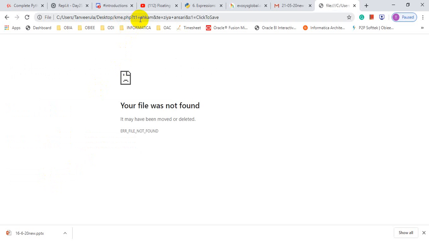See, in the first text box, t1, now you will get Hakam. Initially it was only the ampersand symbol, meaning nothing. Why? Because the hint, or the value of the placeholder, will not be transferred. It will assist you about which type of data you have to enter in that particular text box, but it is not itself a value, it's a hint only. If you don't write any value in that text box, the value will be empty. Now I have added Hakam in the first text box and Zia Ansari in the second text box. See the value in the URL.